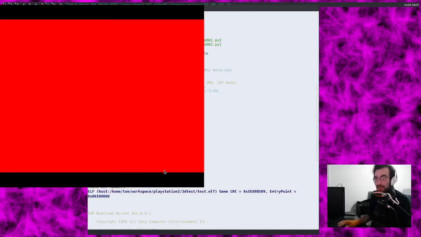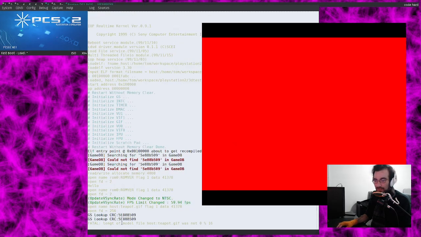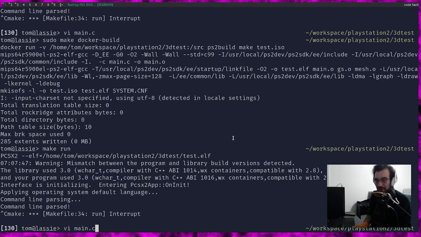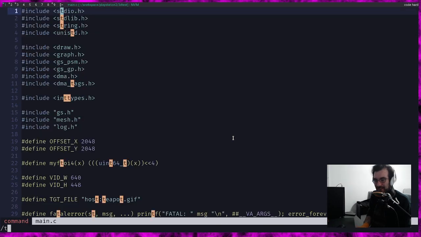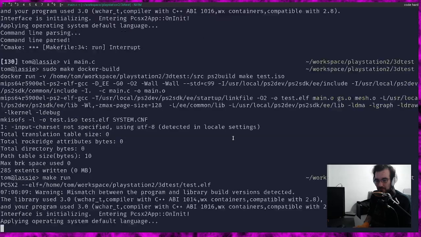Make a run. Oh wait, no, hold on, that's our error screen. Length of model was not 0 modulo 16. Oof, that's an error and a half. Okay, well, it liked the cube file. Let's go back to that. Cube.gif